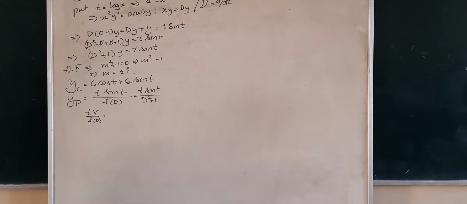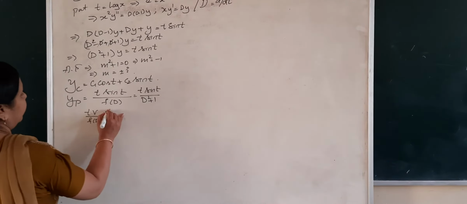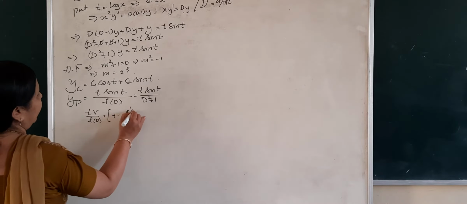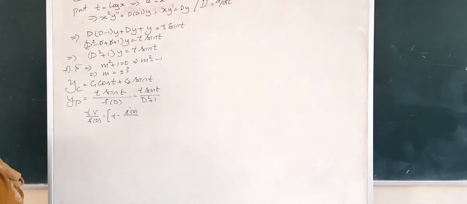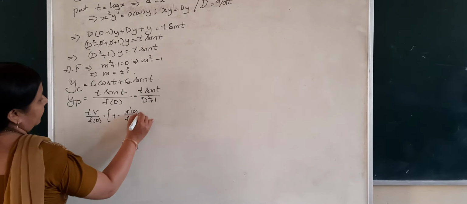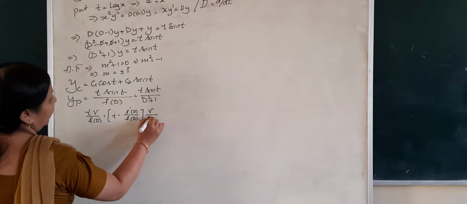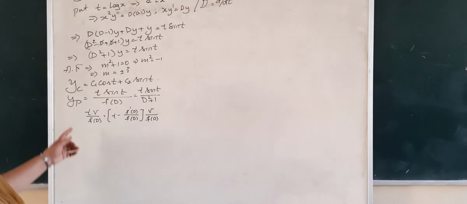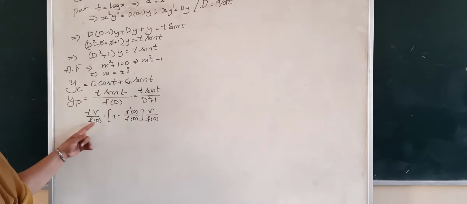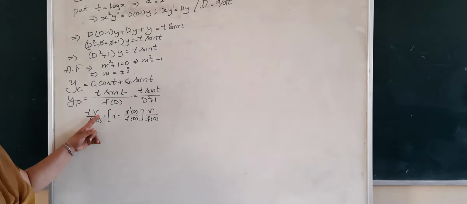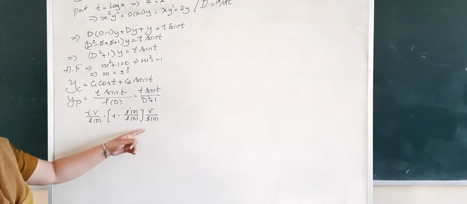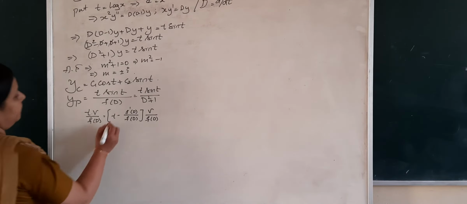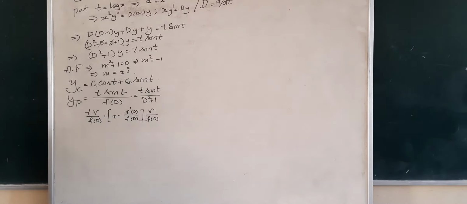So t into v divided by f of d is equal to t minus, we used to write it in terms of x, but x here is replaced by t. We had x v divided by f of d, where v is a trigonometric ratio, is equal to t minus f dash of d by f of d into v by f of d. Okay, fine, so let us see how it's going to happen.